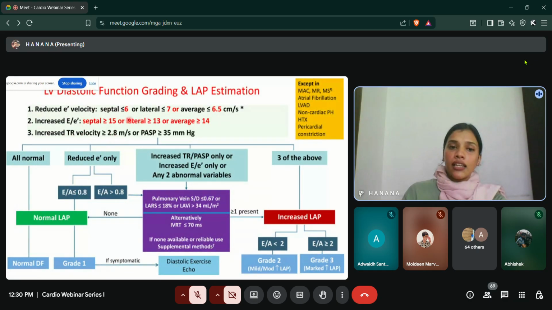Increased TR velocity, which is greater than 2.8, or PASP, which is actually calculated by the TR velocity gradient equation. So it is 35. This many values have to be taken care of, and if we are getting a value less than 6 and less than 7, and greater than 15, or greater than 13, and greater than 2.8 and greater than 35,